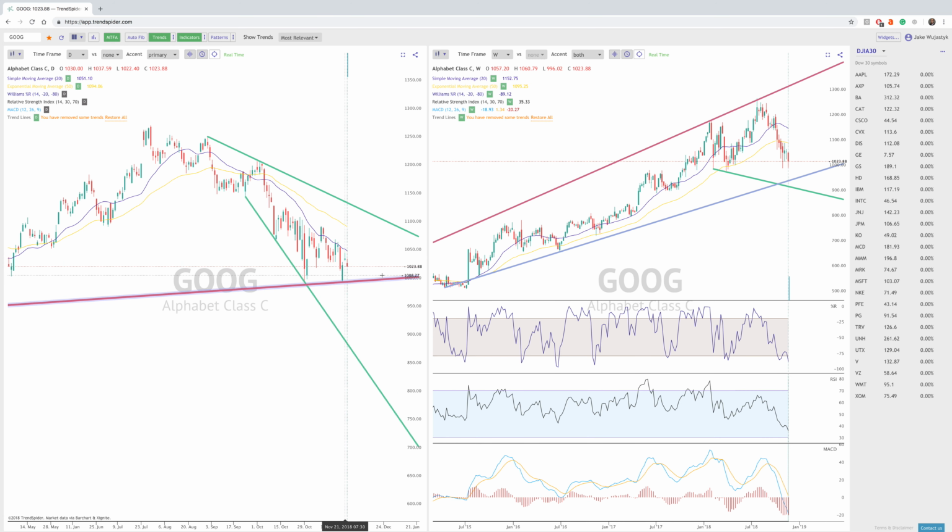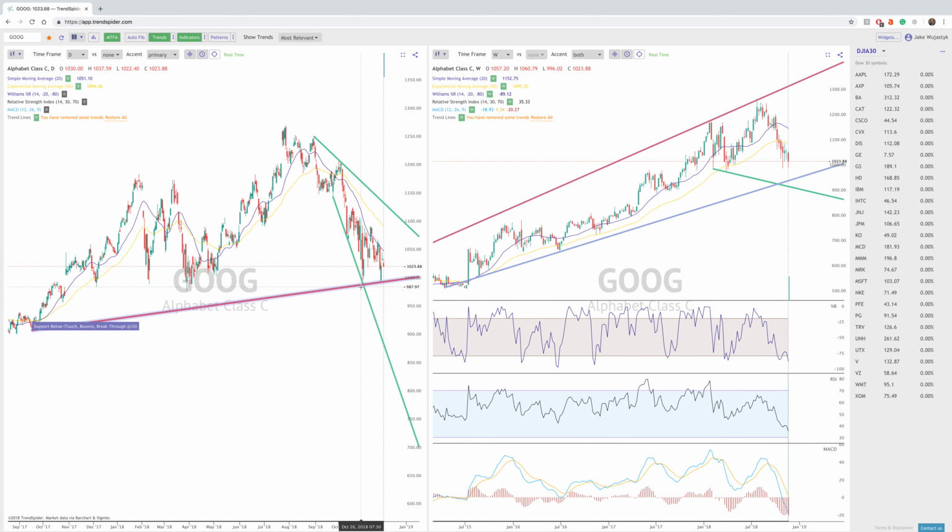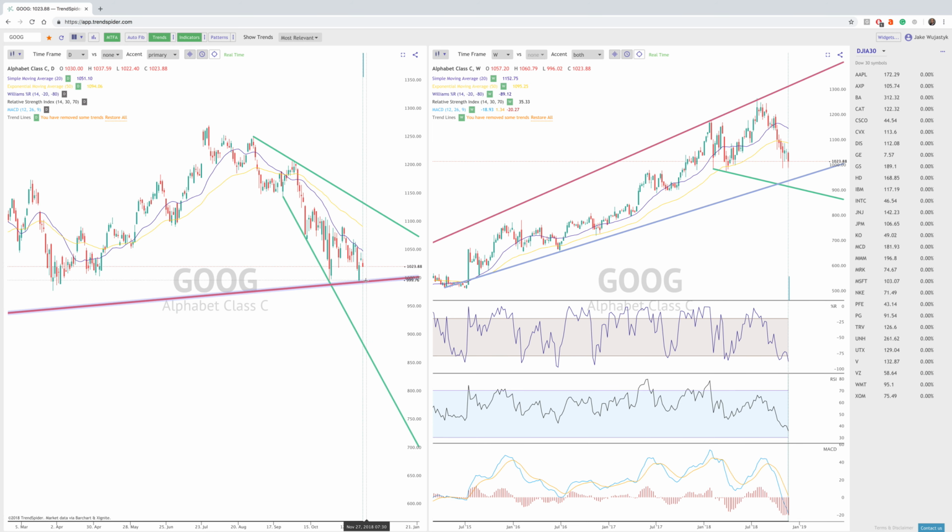And so what we're kind of thinking, obviously we're not licensed or anything like that, but just based on the chart, there could be a test of the support below, which would have the alert be triggered, and we can see that here. Support below for a touch, bounce, or breakthrough on the 10-minute candle. So that means if the 10-minute candle closes or breaks or touches within this area, then we will be alerted when the price gets in this purple area.